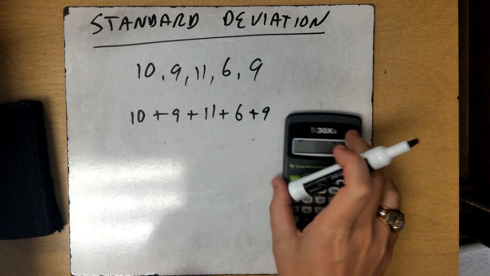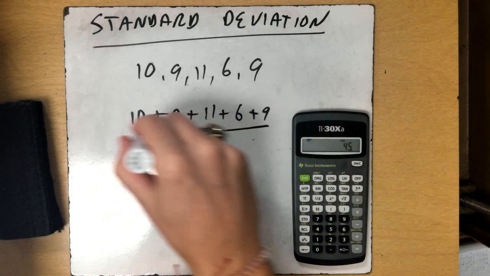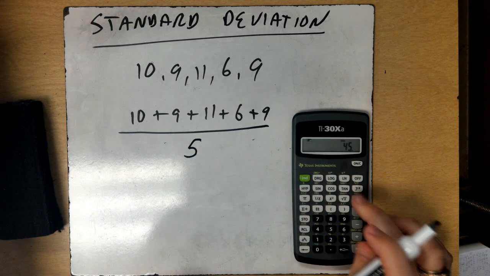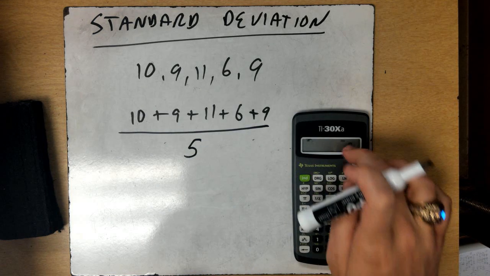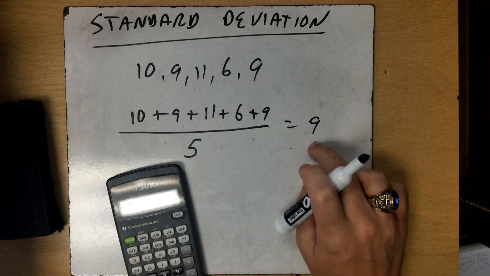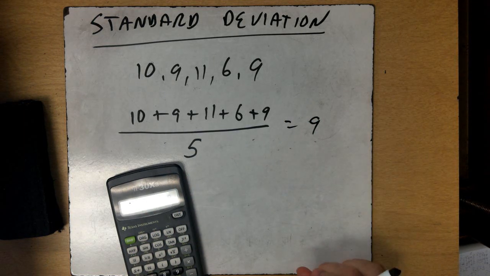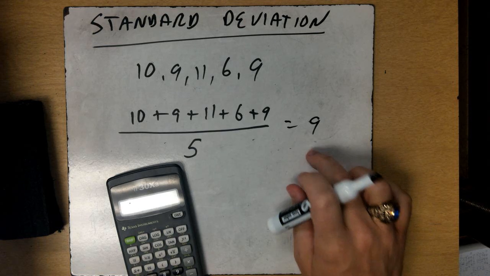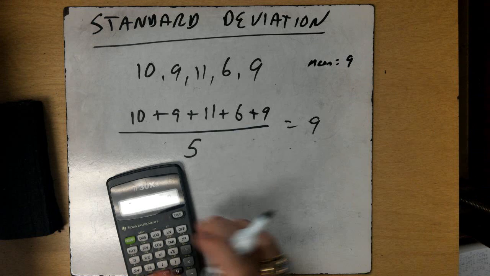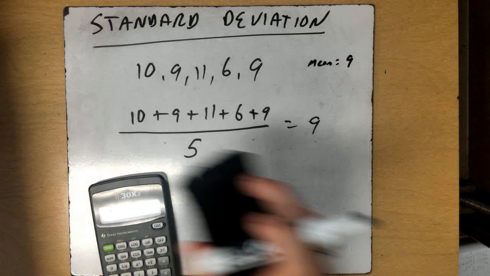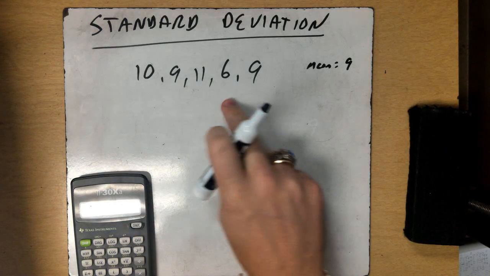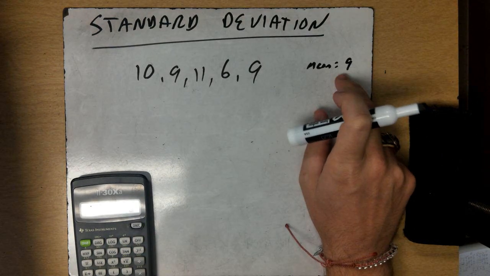Then to figure out the mean, we take that number and divide it by how many numbers there are. There are 5 numbers, so we divide by 5, and we get 9. So our mean is 9. That's our first step, right? We found the mean. So mean equals 9. Now our next step is we're going to take each data point and subtract it